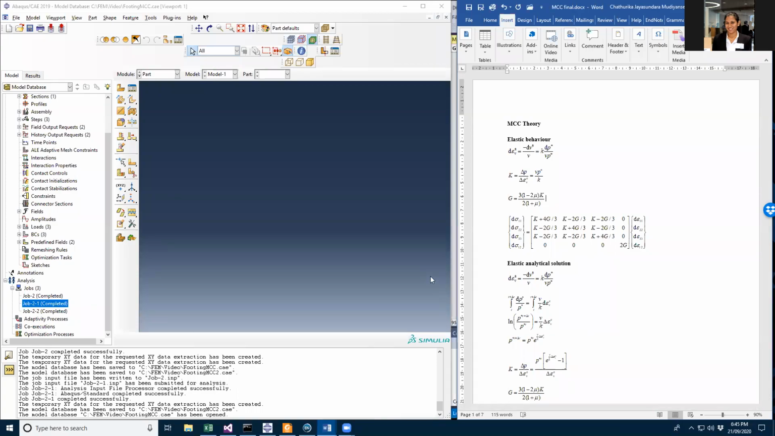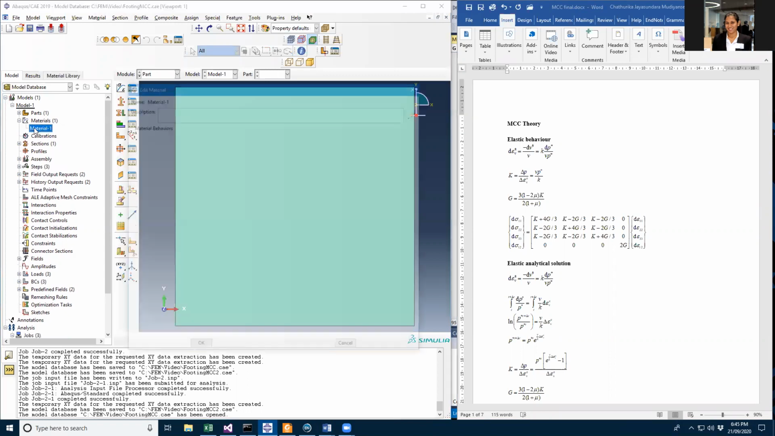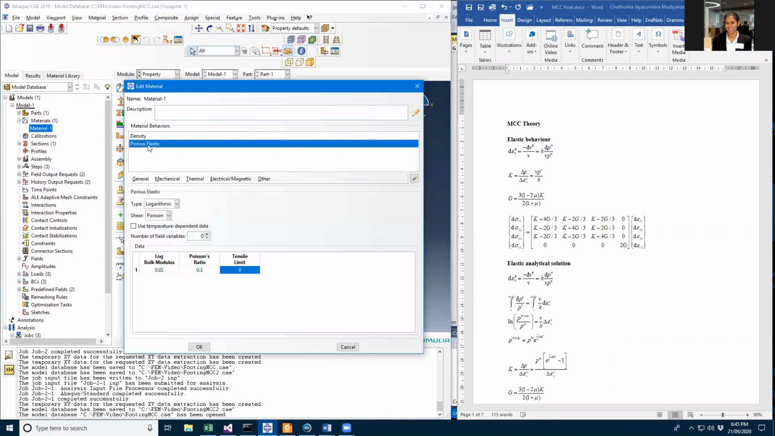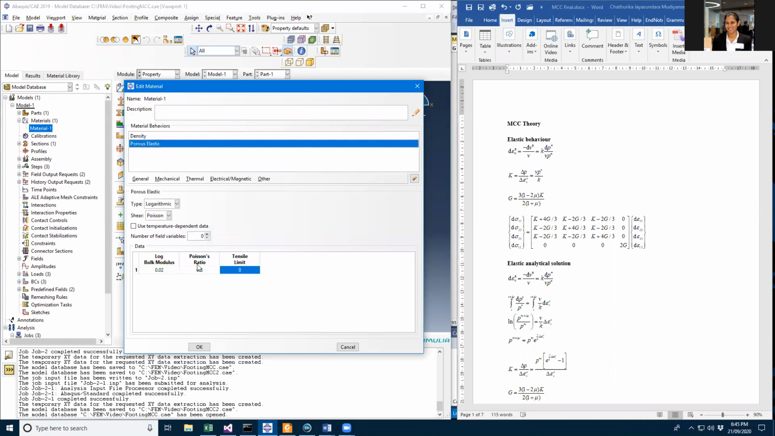Hi, today I'm going to do the modified Cam-Clay comparison with the UMAT and the inbuilt one in this Abaqus. So the modified Cam-Clay inbuilt one is called the porous elastic. Here I selected my density as 2 and the porous elastic kappa value as 0.02, and 0.3 as